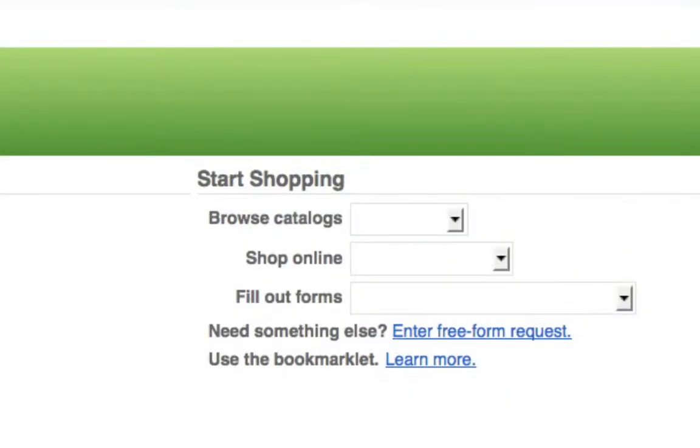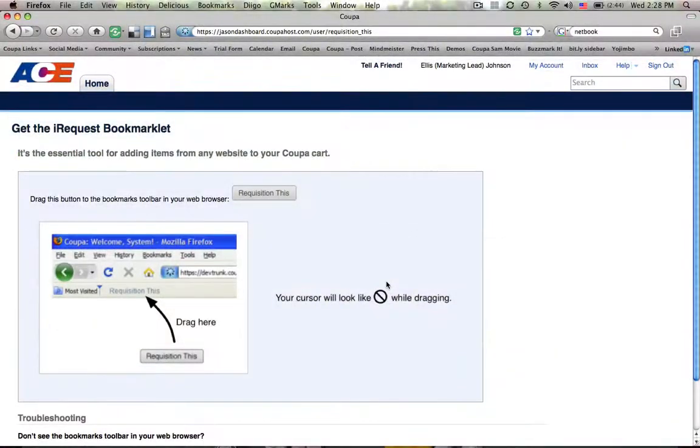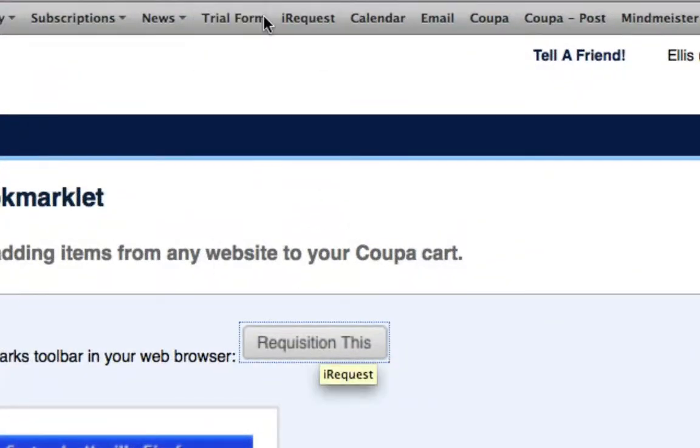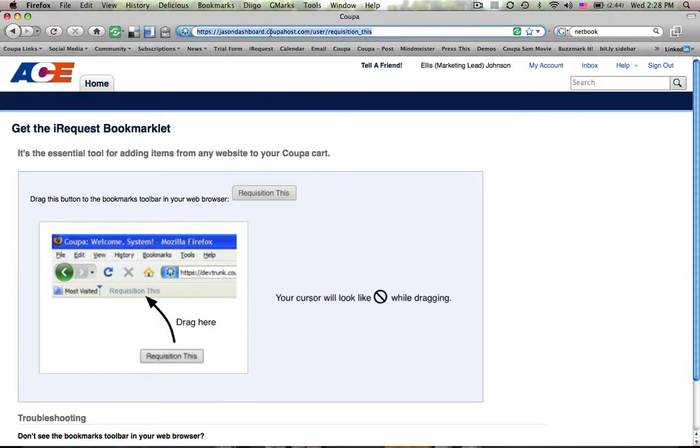look at this bookmark, the iRequest bookmarklet. He sees that on his home screen. It says as simple as dragging this bookmark to your bookmarks bar, and you'll see it show up right there in iRequest. What that allows EJ to do is leave the purchasing system, and he goes out to Toys R